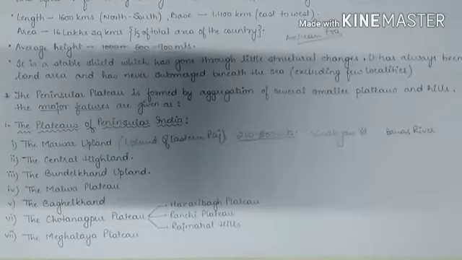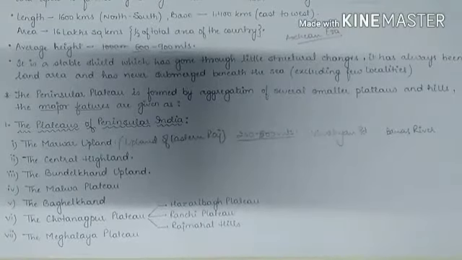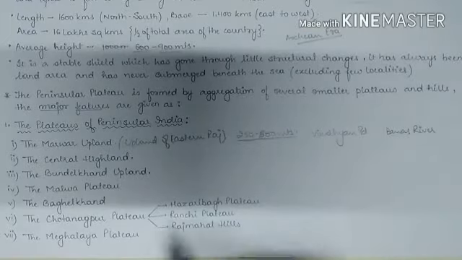Then we will look into another one, that is the Central Highland, which is also known as Madhya Bharat Pathar. Okay, so Madhya Bharat Pathar or Central Highland lies in the east of Marwar upland, and most of it comprises the basin of Chambal River, which flows in the Rift Valley. The Sindh and the Parvati are the main tributaries of Chambal River. It is an open rolling plateau made up of old rocks,